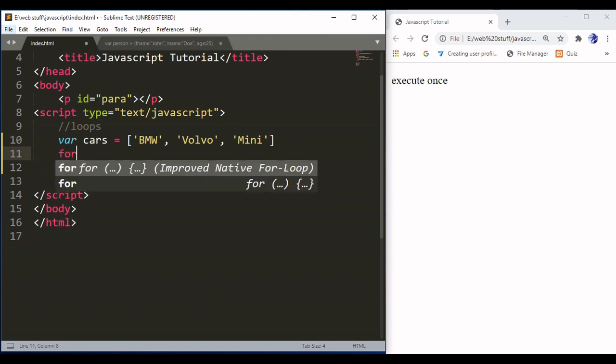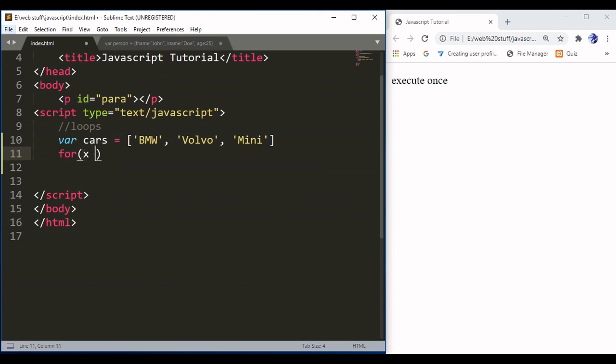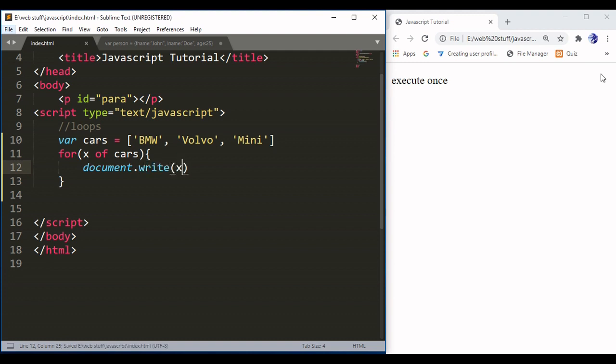You can do so by for x of the name of the array, which is cars, and then simply document dot write x. Here you can see, I always forget this, the BR thing. Here you can see. So that's how you can iterate